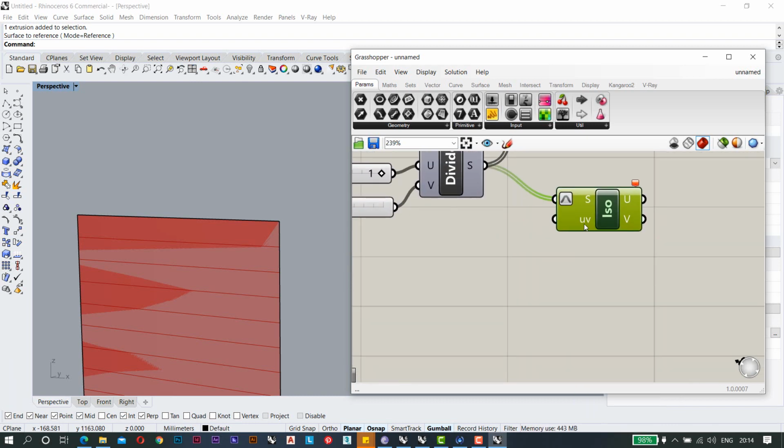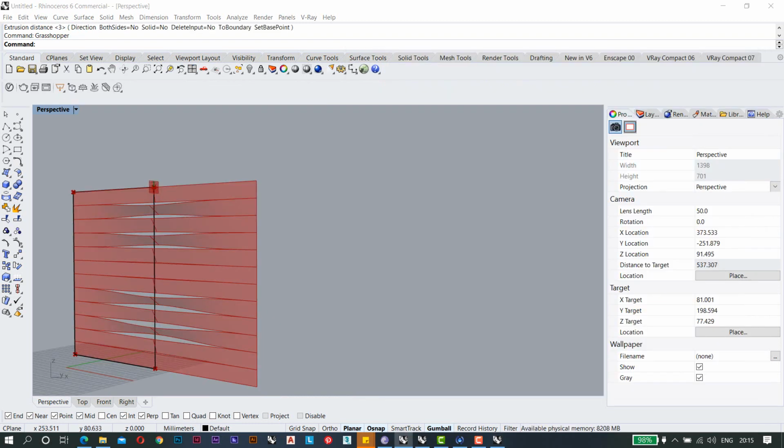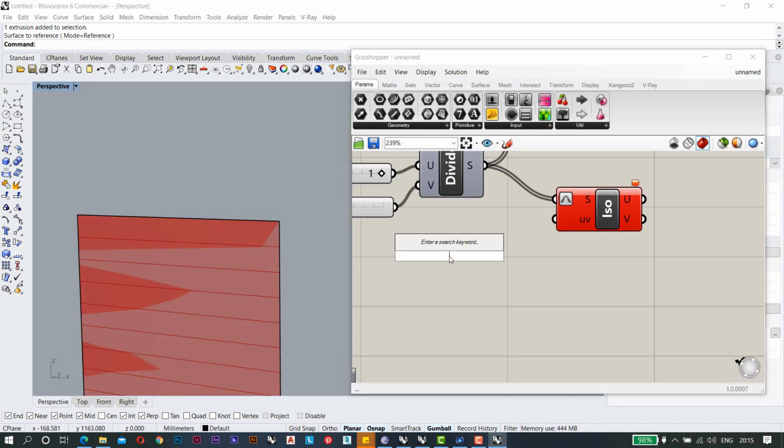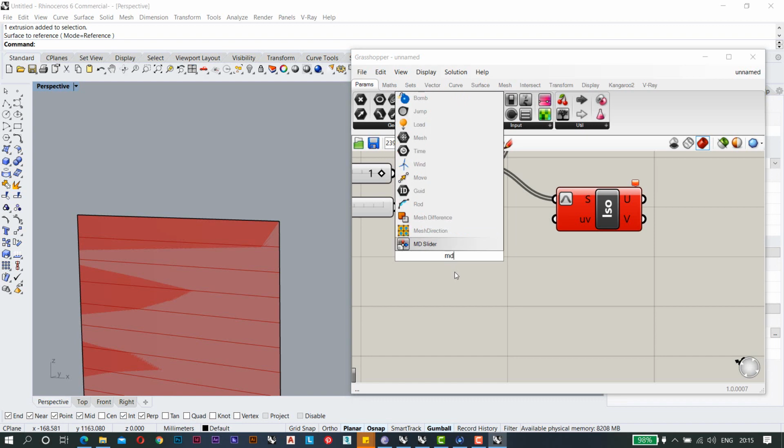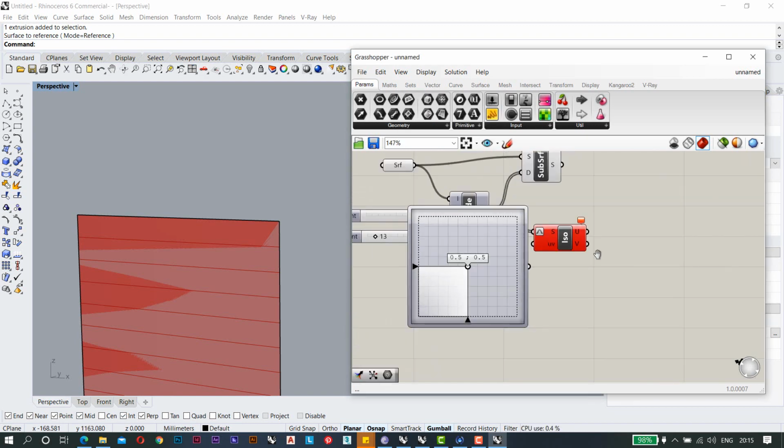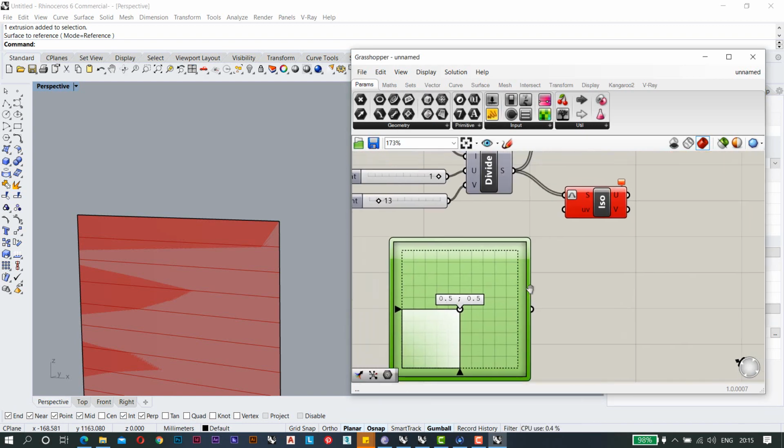Now we need to give the location UV where this iso curve will be. Here we need to use the MD slider. This MD slider will exactly give you the position where we need to make it.